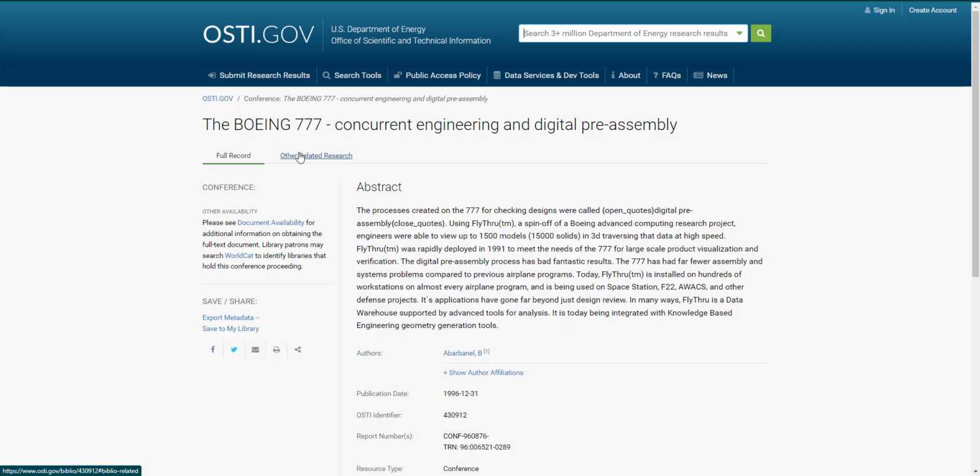But this was a daily tessellation, so it was just a rough representation of the aircraft. Fly-Through could also do a refined view. One of the limitations here, though, is that we only had one Fly-Through machine, so I had to sign up for time on that machine,